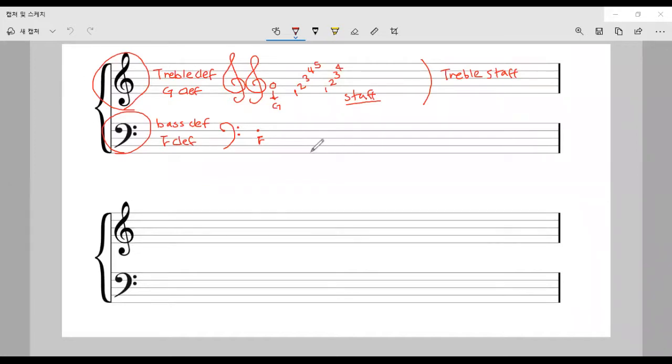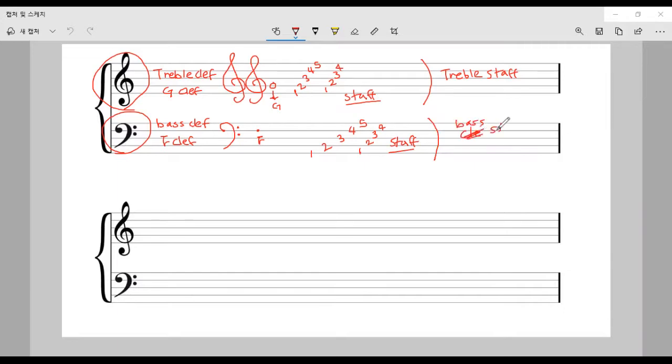It's the same here, we have 5 lines and 4 spaces. This is also a staff, but when you see the bass clef at the beginning, we call this one